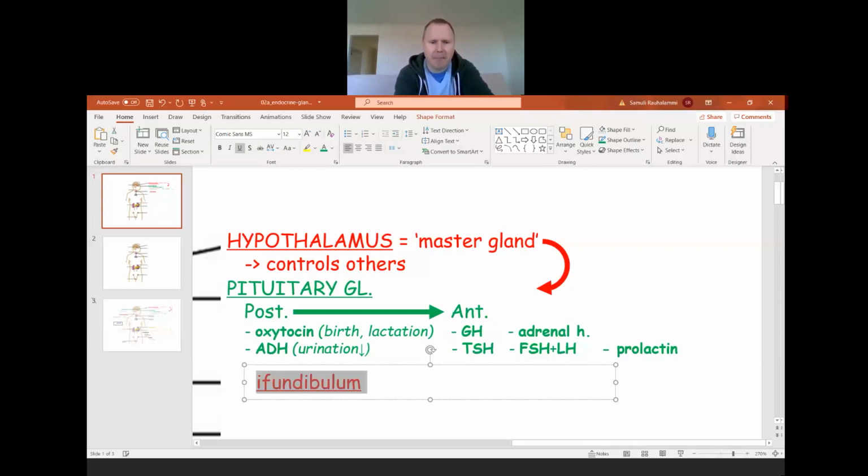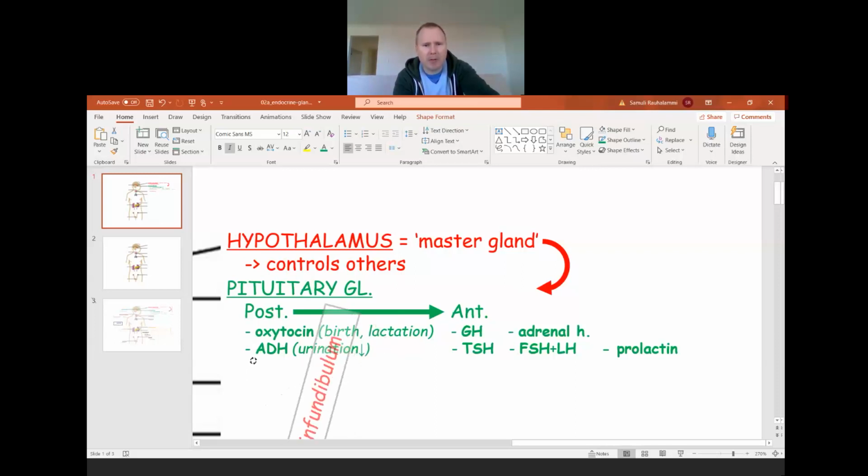You might remember that you have sometimes seen a term like this, infundibulum. Infundibulum is an anatomical term that we use simply for a connection between two parts. And in this case, it's going to be this kind of